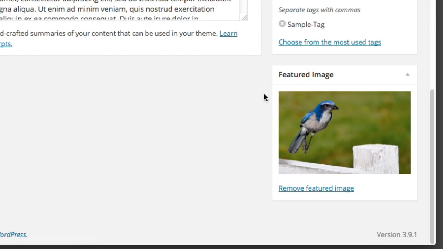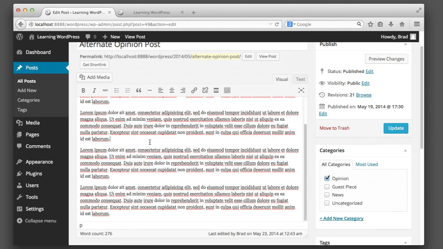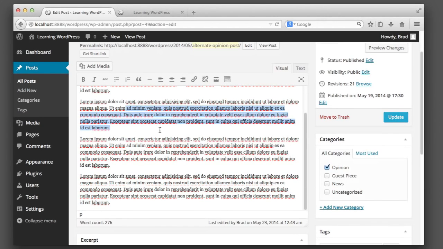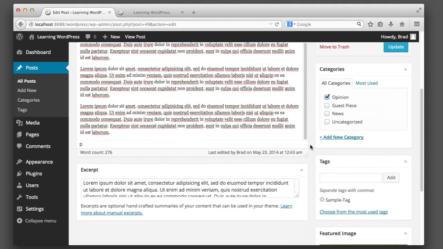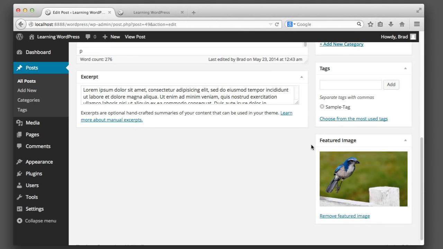Now, a featured image is a hands-off approach when it comes to where you think the image should be located. You don't get to choose if it should be after the first paragraph or the third paragraph. You're basically saying, I will let my theme make intelligent design choices for me. So it's up to your theme to use this image where it sees fit,